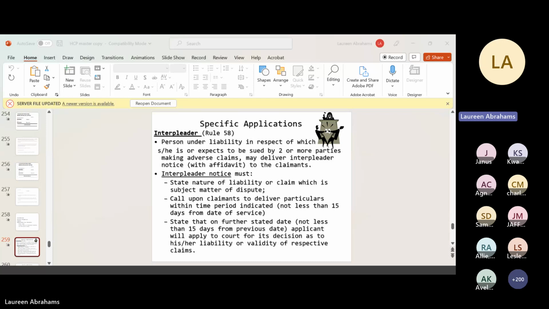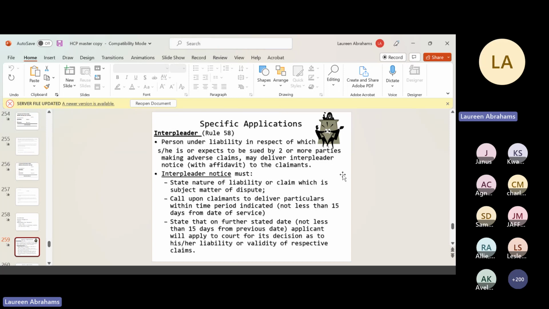Because if he gives the money to the incorrect person, somebody may take him to court and a judgment may be handed down against him. So he serves an interpleader. And then the court will decide who is the person that has the right to it, right? So that is what they mean when they say a person under liability in respect of which he or